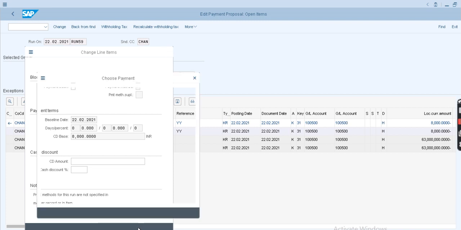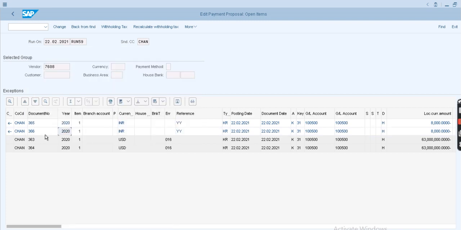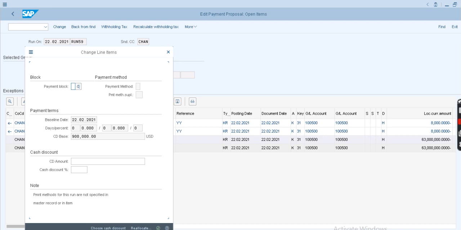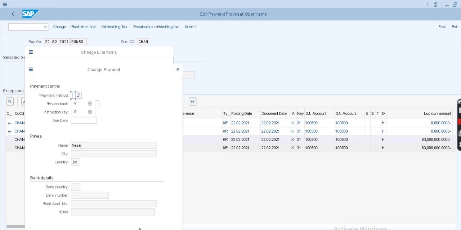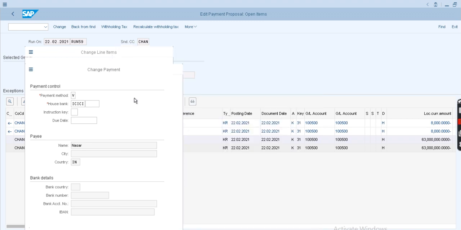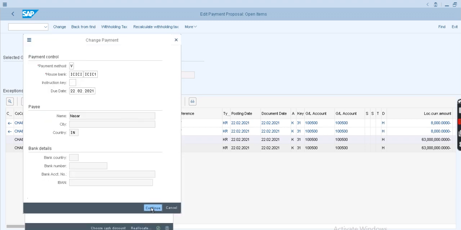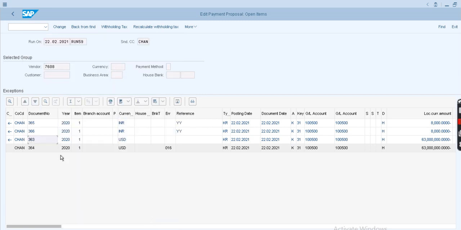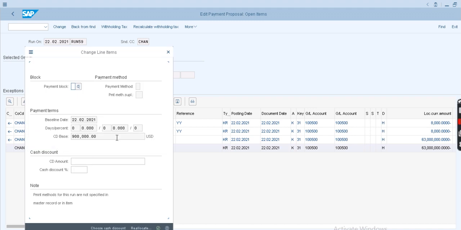Select this, go to reallocation, select this, enter the payment method, house bank, select, enter, and select this one.